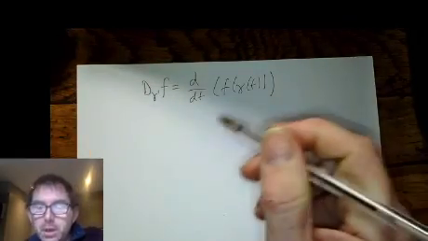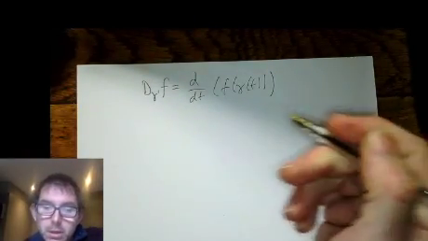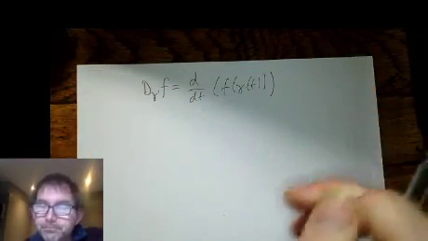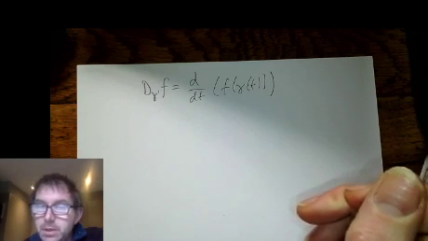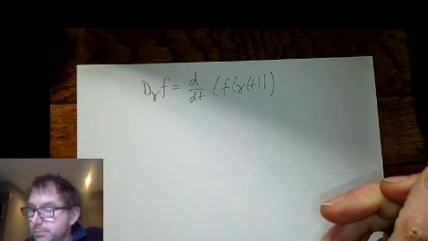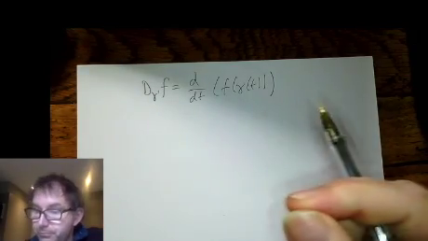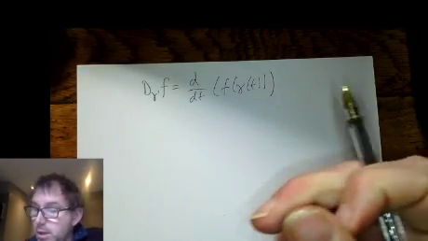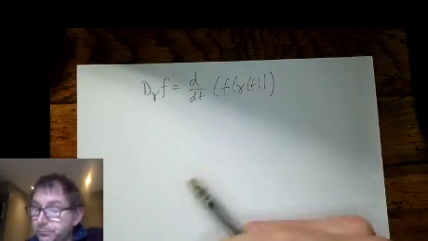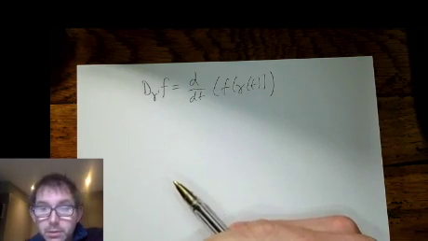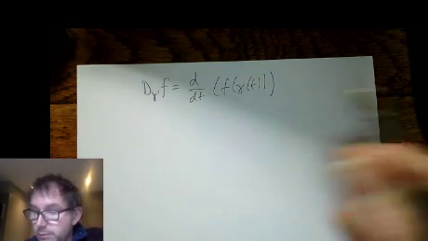Right, so let's recall that gamma dash could be considered as a vector field on C. So if you've got your curve and you're taking any kind of